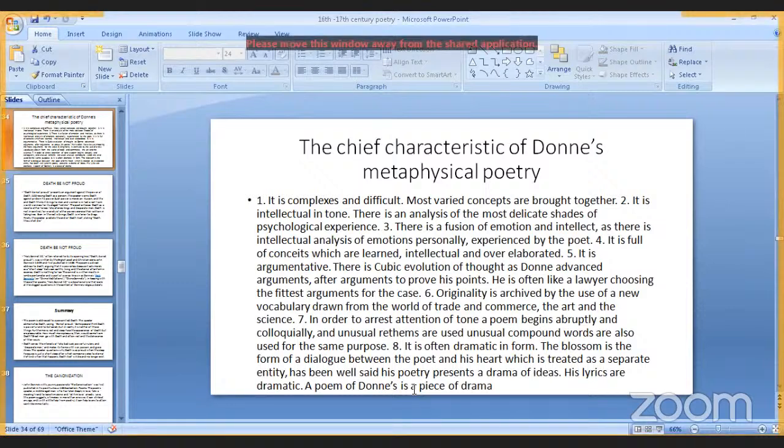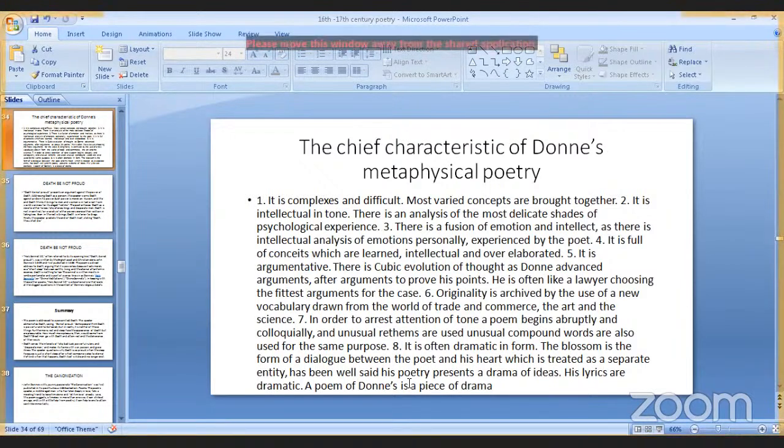Most varied concepts are brought together. It is intellectual in tone. There's a fusion of emotion and intellect, as there is intellectual analysis of emotions. It is full of conceits which are learned, intellectual, and over-elaborated. It is argumentative, and originality is achieved by the use of a new vocabulary drawn from the world of trade and commerce, the